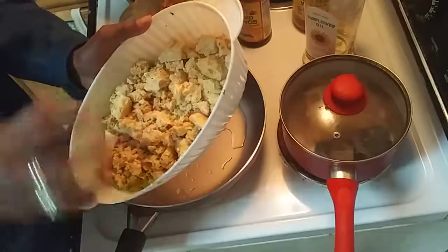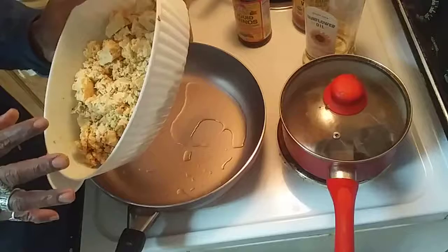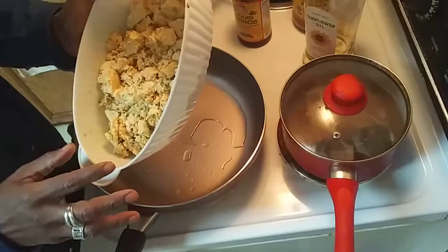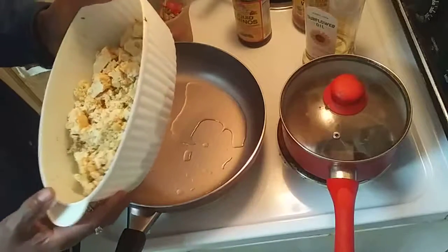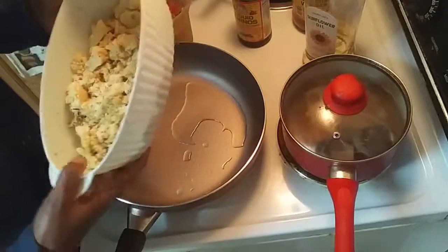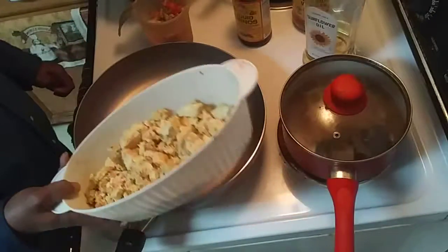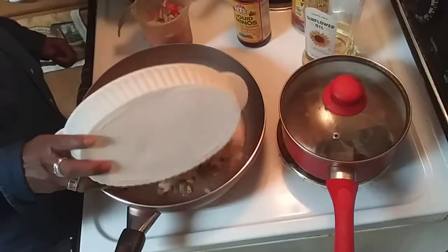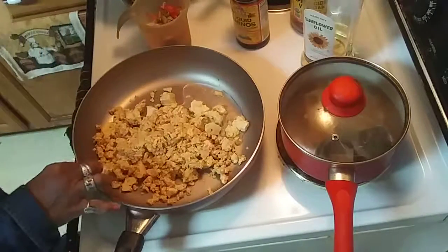I have it already seasoned with a little turmeric, garlic powder, onion powder, pepper, and I have some chipotle bacon seasoning in here too. And I have a little bit of vegan chicken bouillon powder. So I'm going to put this into my pan. And I want to toast this up because I wanted to get a nice little